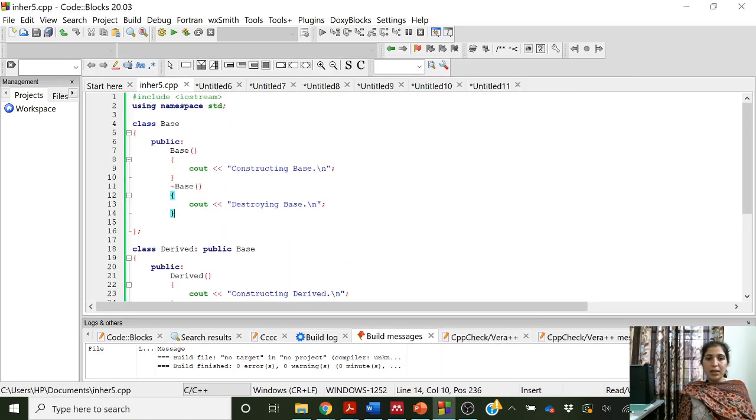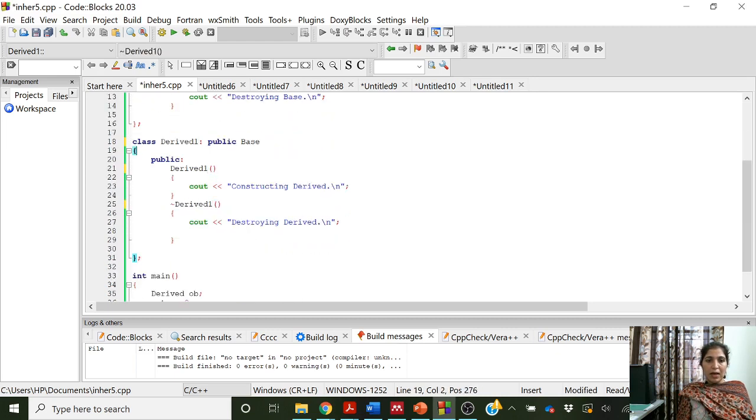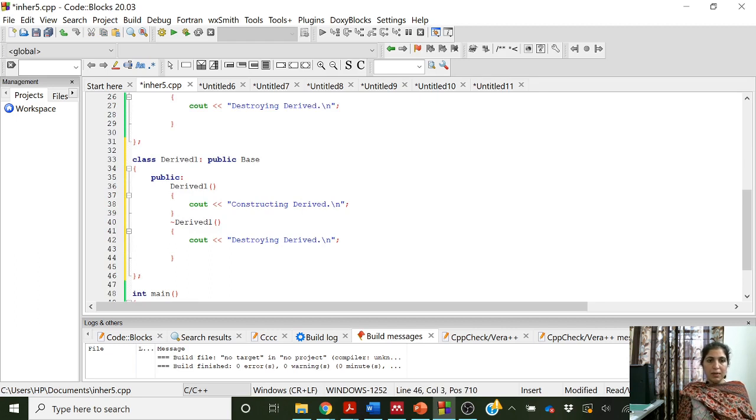Now let us change this program a little bit. Instead of using this single inheritance, let us use multi-level inheritance. So let us name it derived 1, and we derive this class to create another class derived 2.